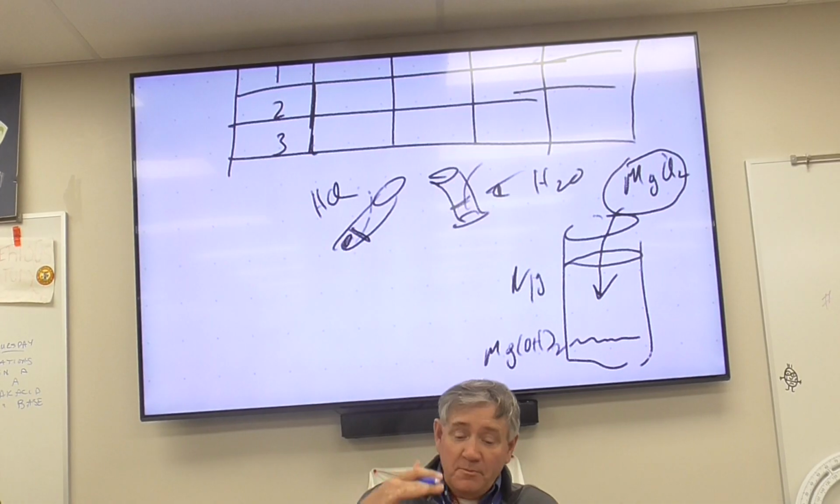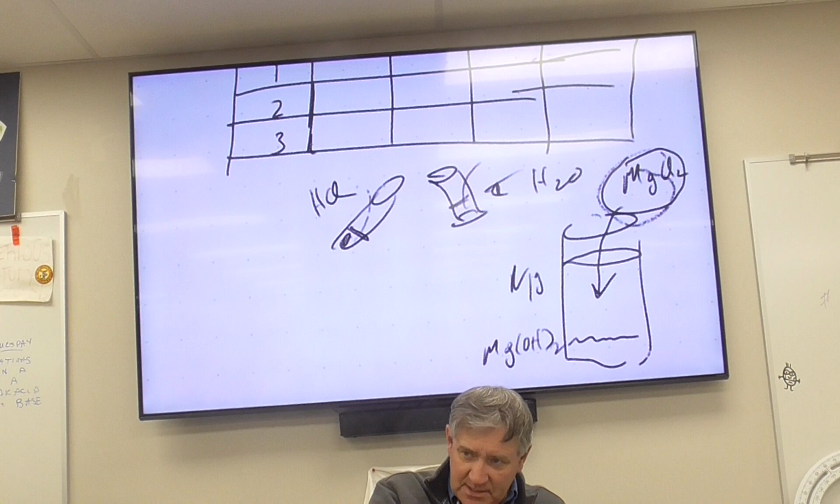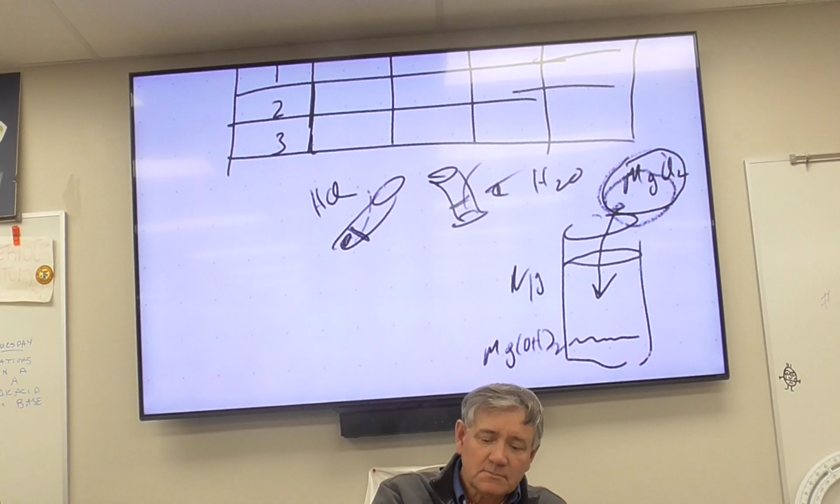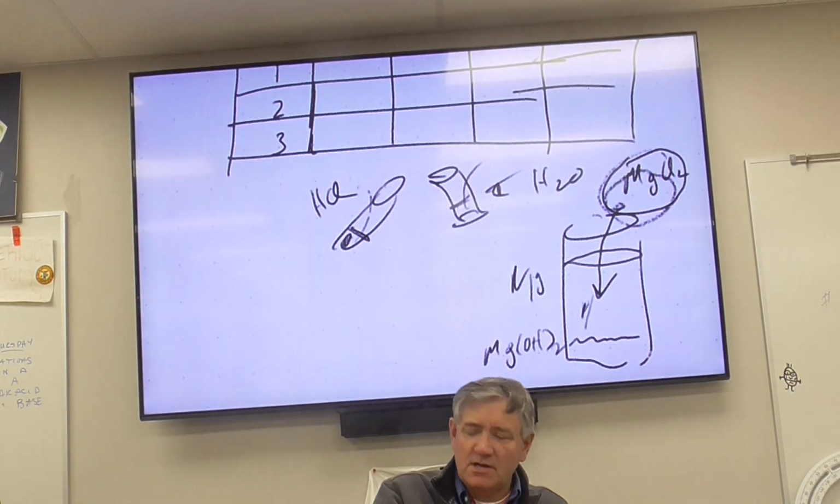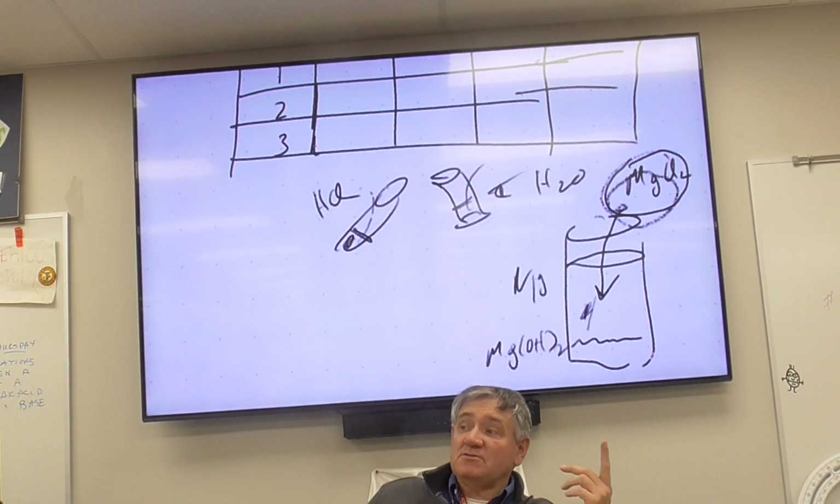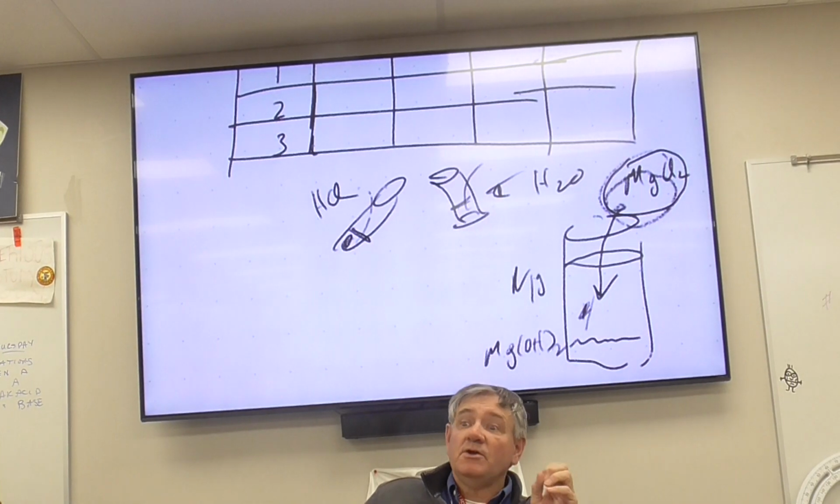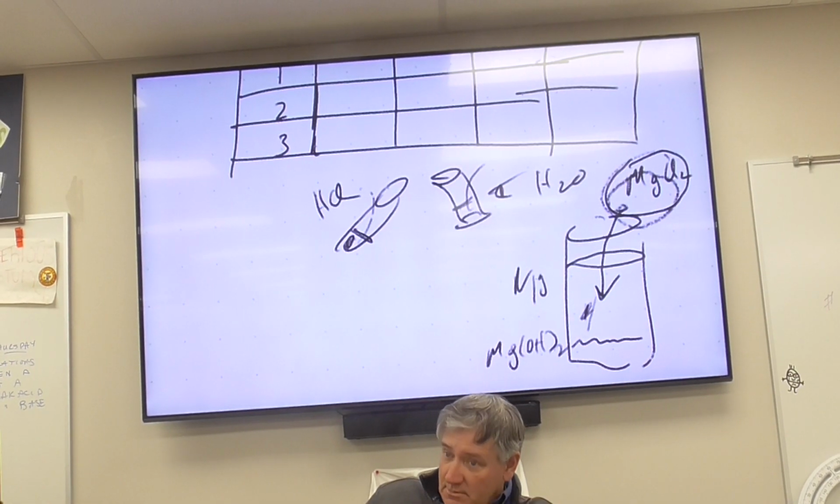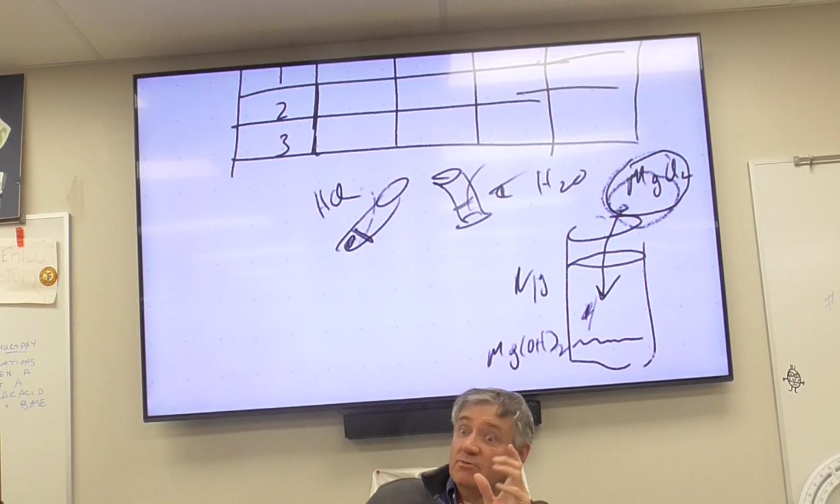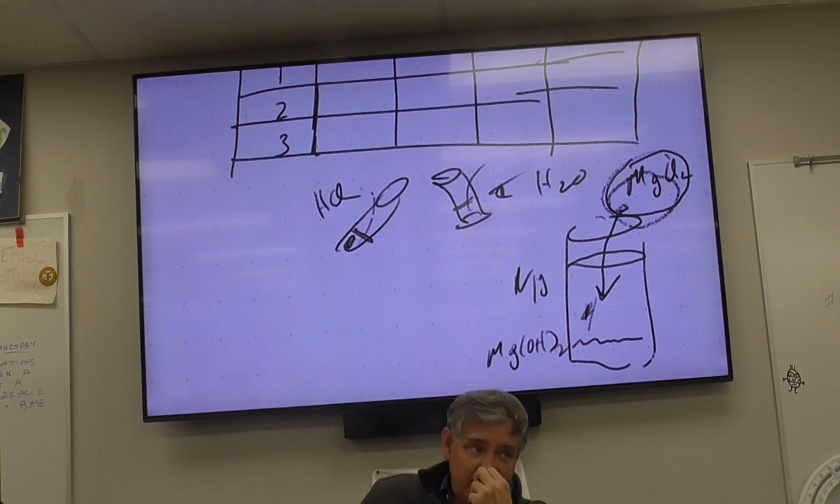Okay? So basically, here's what should happen. Once you add that magnesium chloride, you're increasing the concentration of the magnesium ions. Mother Nature doesn't like that. So how can Mother Nature get rid of the magnesium ions? Turn it into a precipitate. So what you should see happening is that you should see some more precipitate form. And like I said,